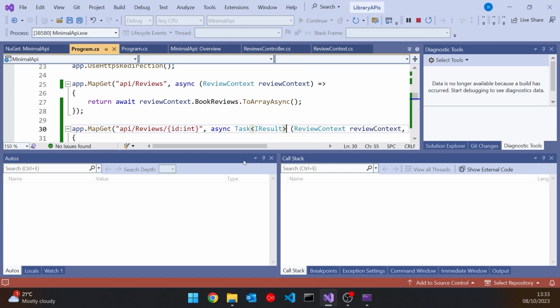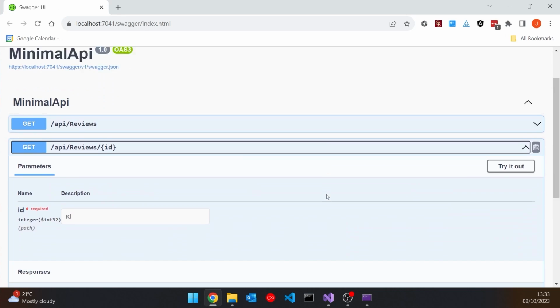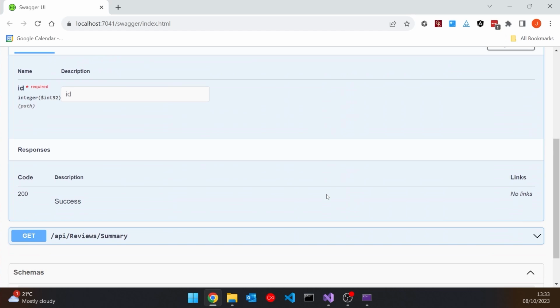And so if we run that up, we can have a look at that, and unfortunately now you can see we've lost that information about what the return data structure is, and also it hasn't spotted that this could return both not found and OK. So we're going to fix those in the next video when we start looking at Swagger. For now, we're just going to have to live with that.